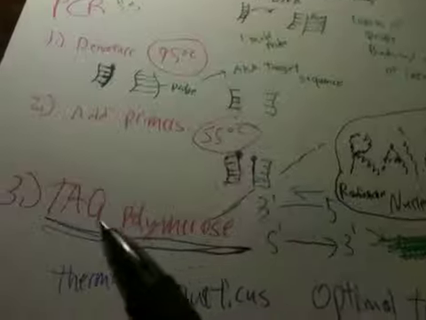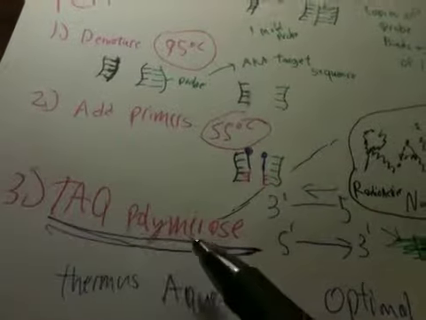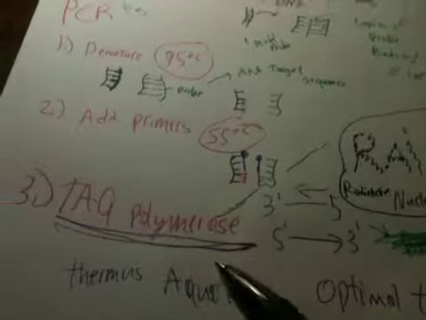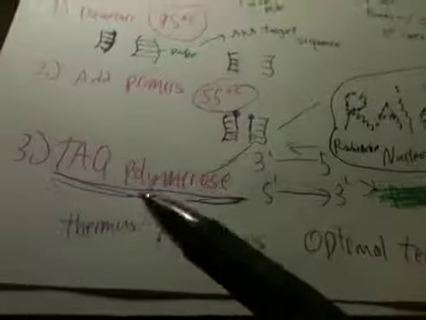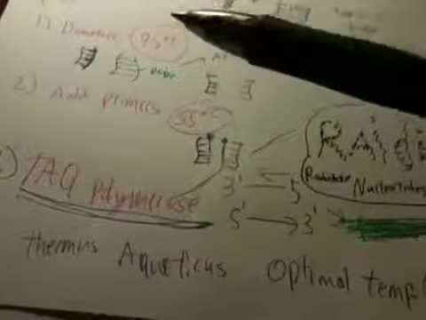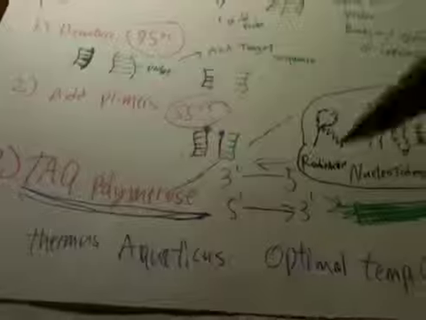This is pretty hot. So what we do is we got to have something that can survive these excruciatingly high temperatures. And what we use is something called Taq polymerase. And what the Taq stands for is Thermus aquaticus. And what these are is these came from Yellowstone National Park, where it's 55 degrees, or even I don't know how hot the little geyser things can get. But what we do is we can take